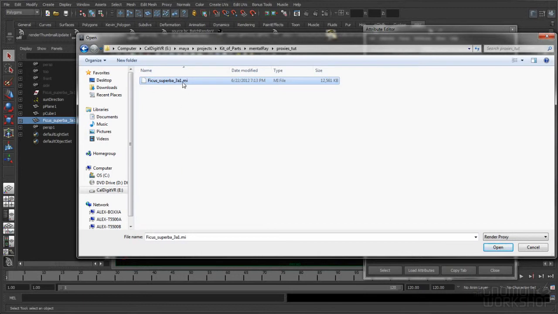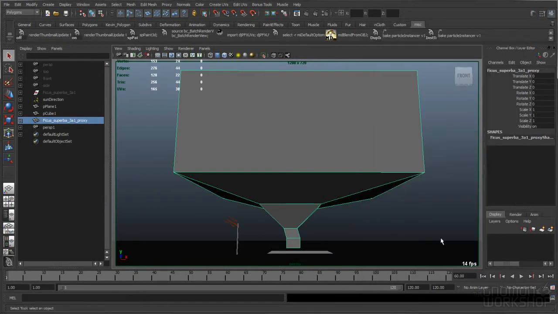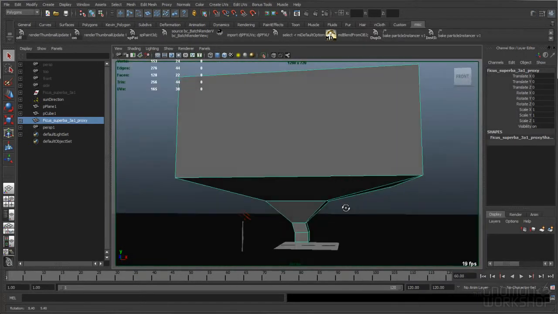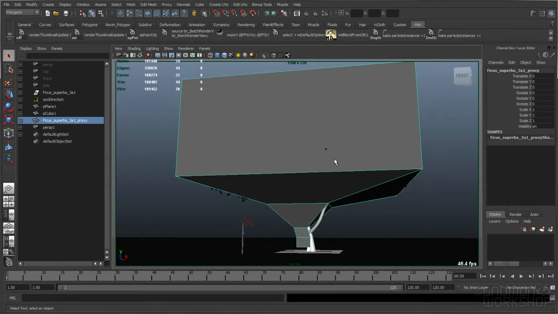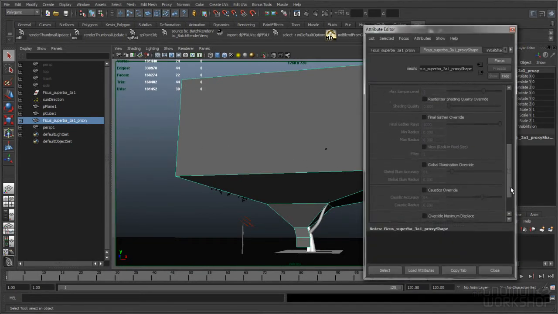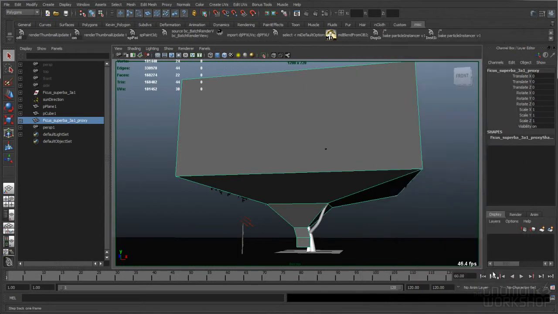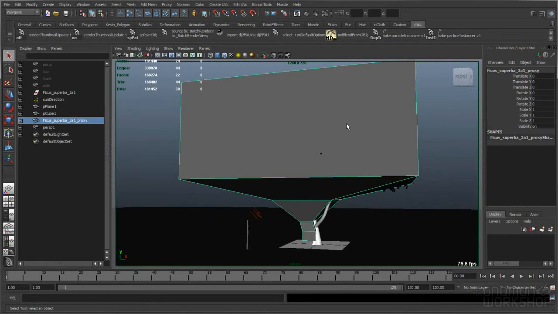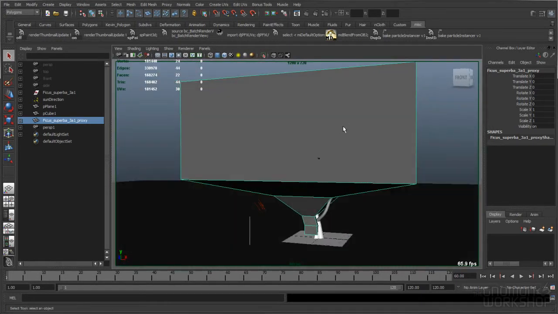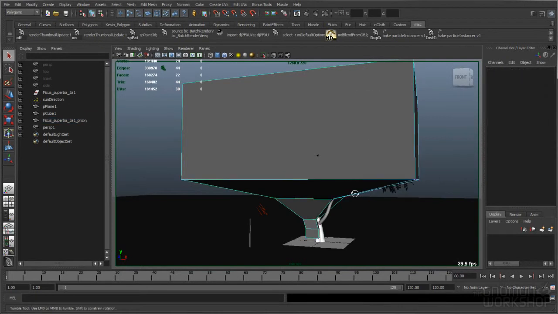So I exported a .mi file, which is basically the geometry and the shaders for that tree. So if I hit open, then you'll notice that your proxy kind of shifted a little bit. And let's get the original tree visible again. So what happens is that it takes this object and it kind of scoots it so that the bounding box of this object matches the bounding box of the tree. And so what I do is after I select the proxy file, when it scoots around a little bit, I then go in